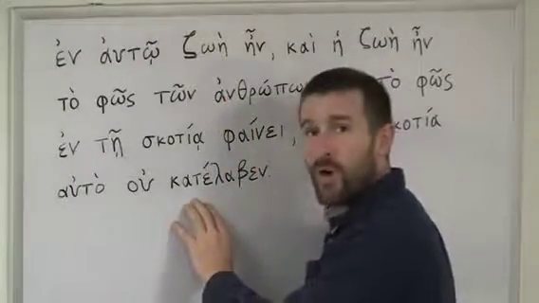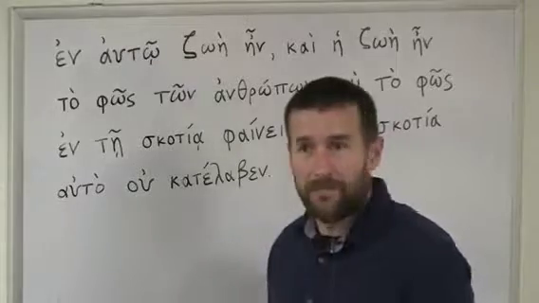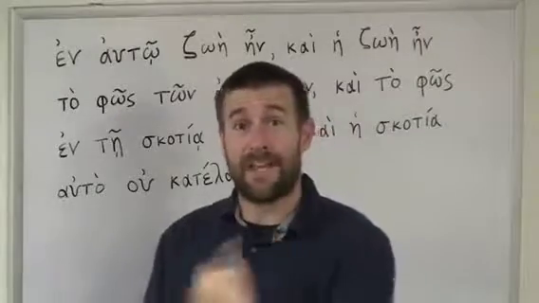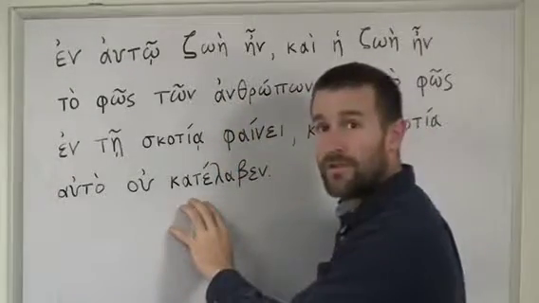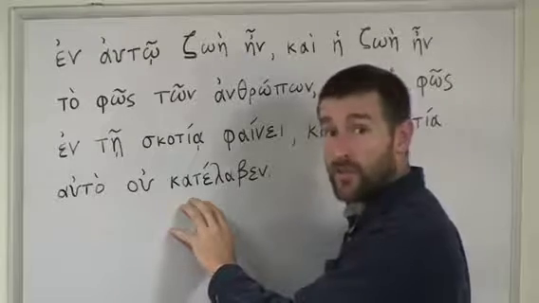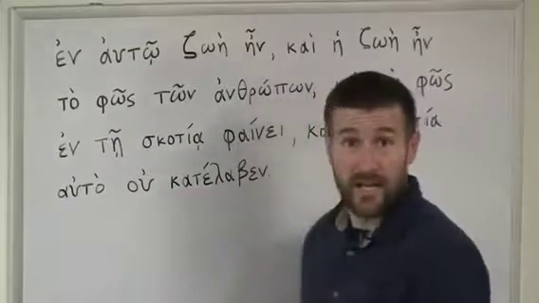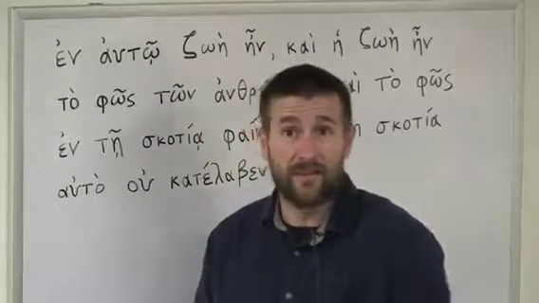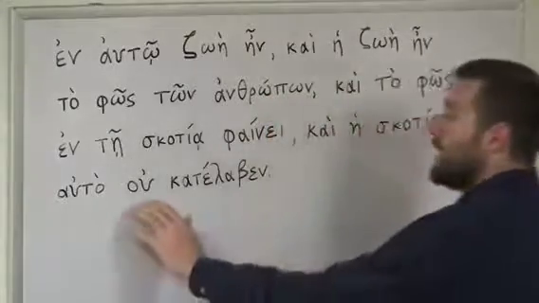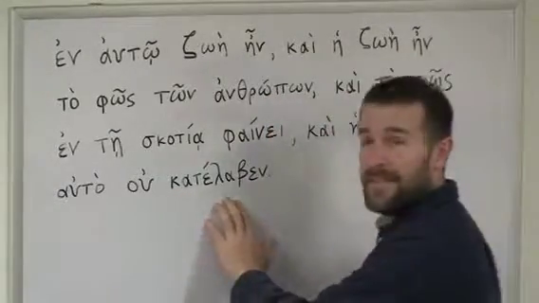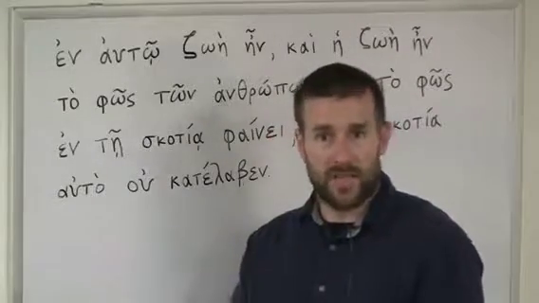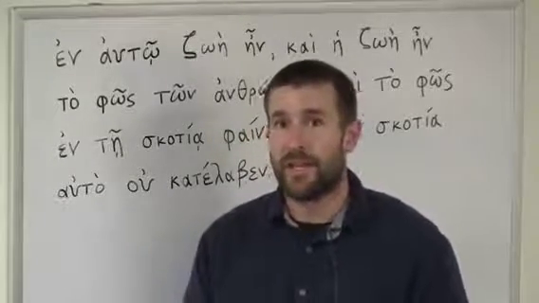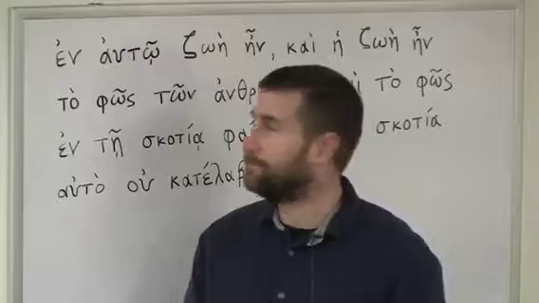So you'll notice that those words that you learn in that Pimsleur course, Lesson 1, of I understand and you understand, καταλαβαίνω and καταλαβαίνετε, are really similar to this past tense, understood. The darkness understood it not, because remember in the King James it says the darkness comprehended it not. Comprehend and understand are two words that mean the same thing. So katelaven is really similar to catalaveno and catalavennete. So that's just another great example of how listening to those Pimsleur courses can help you understand New Testament Greek when you read it.